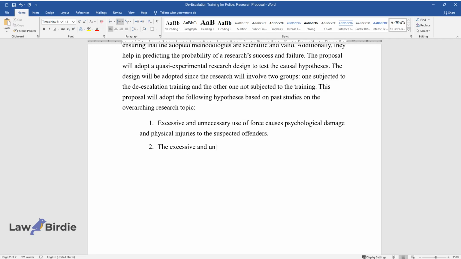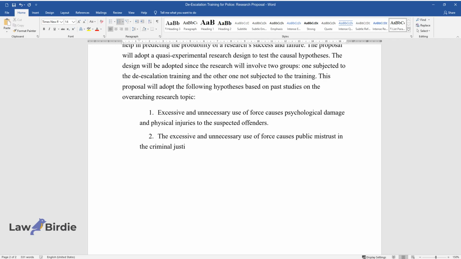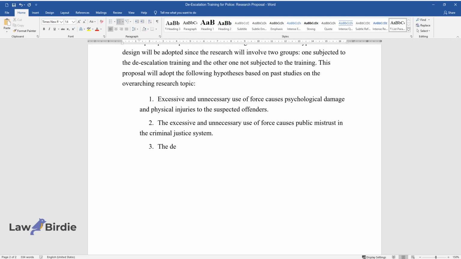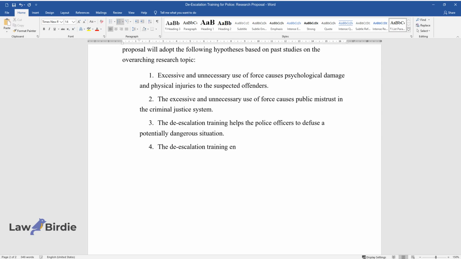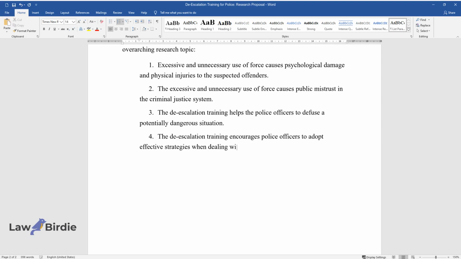The excessive and unnecessary use of force causes public mistrust in the criminal justice system. The de-escalation training helps the police officers to defuse a potentially dangerous situation. The de-escalation training encourages police officers to adopt effective strategies when dealing with people who are experiencing mental and emotional